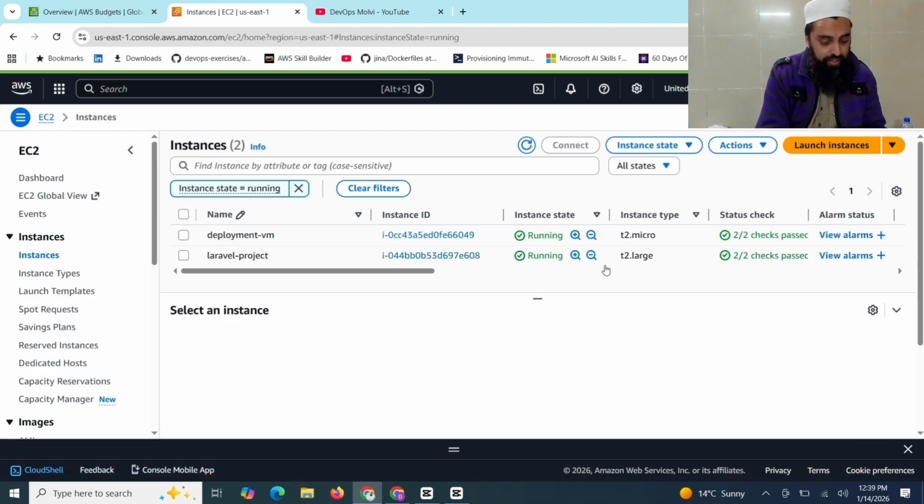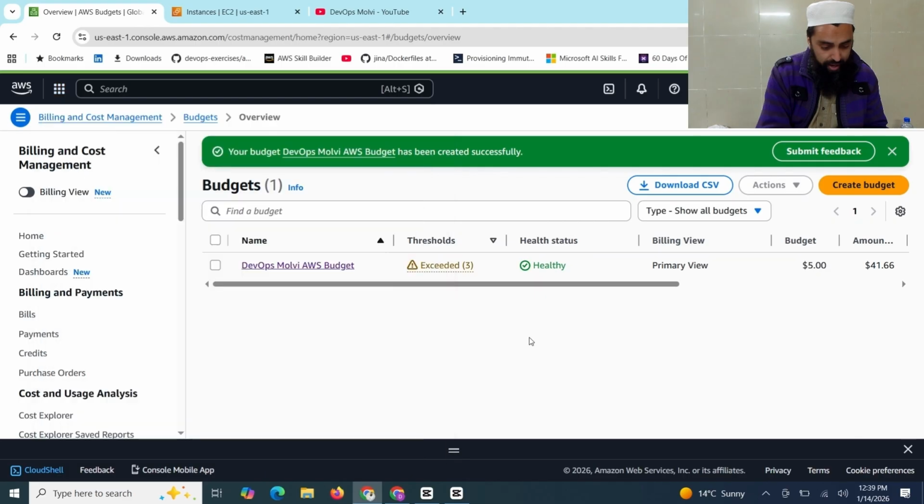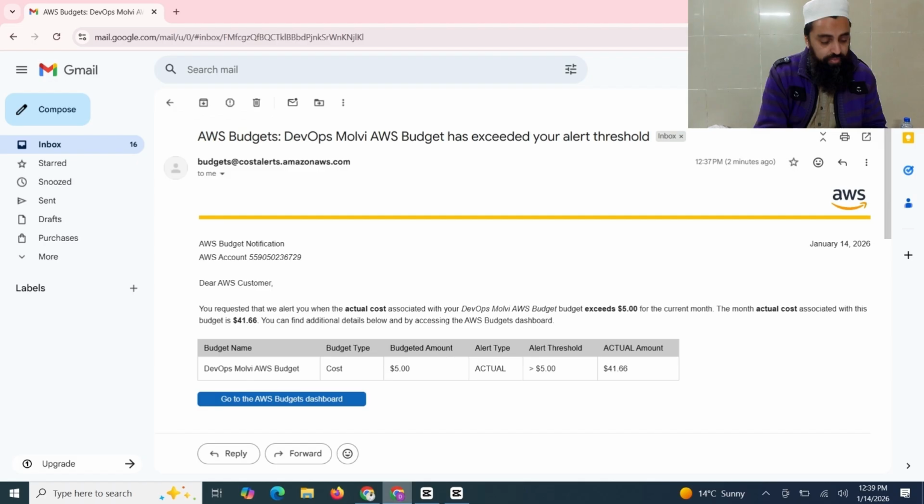Now you can see that there are two instances: Laravel project, DevBM. It is a T2 large virtual machine. The other is a T2 micro virtual machine. So I am getting billed accordingly. I can see that I have already exceeded the threshold. Then I can delete this budget and create a new one of $50. By the way, I just wanted to show you that you must set up budgets,